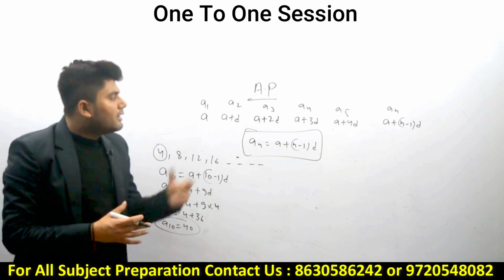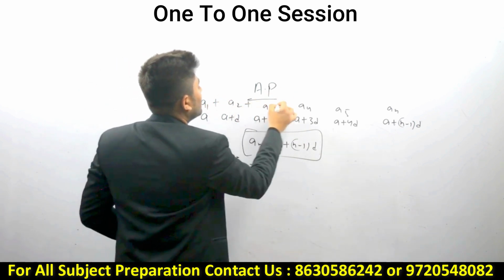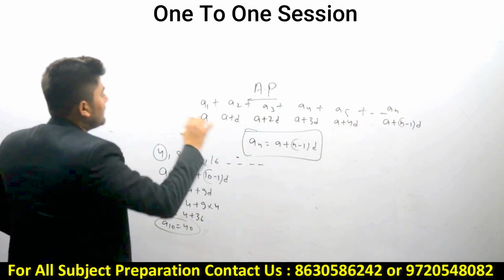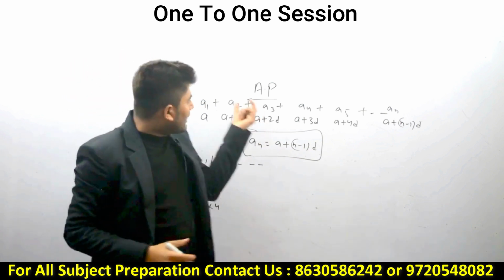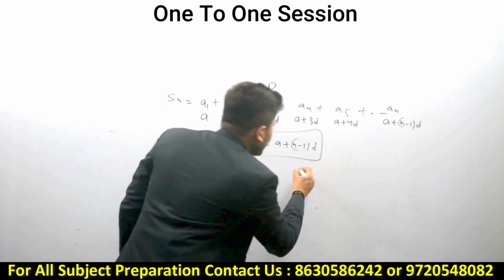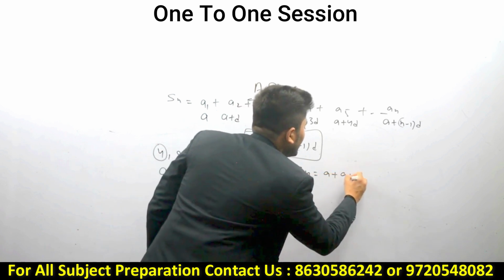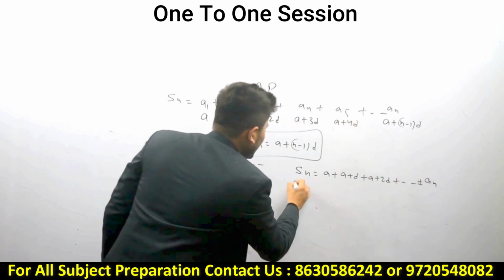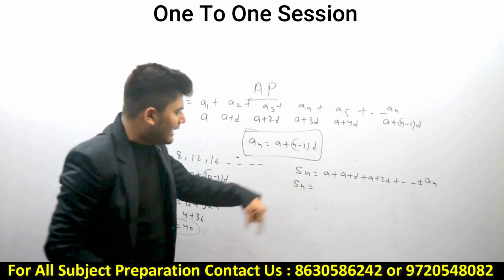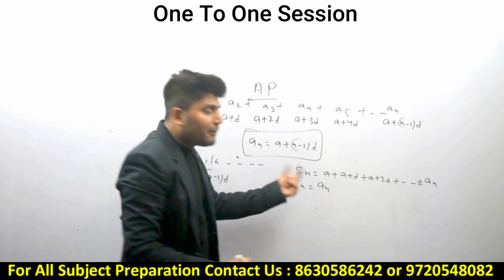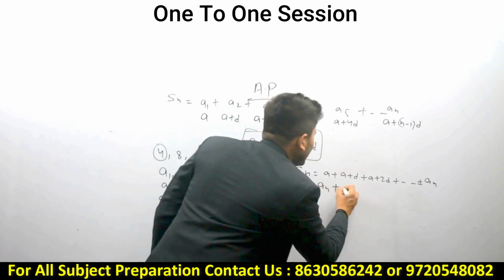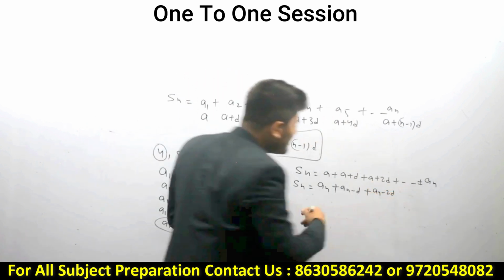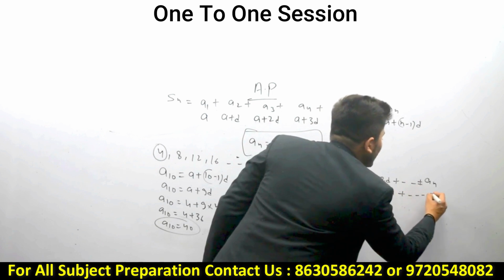Let's suppose we are talking about the summation of this series, that is the sum of n terms of an AP. Let's find a formula for this. I can write Sn as A, A plus D, A plus 2D and so on up to the last term. Let's write this Sn in another way, taking the last term first. If I subtract the common difference from it, I will get An minus D, and the previous one is An minus 2D. I just reverse it, right? In the same way you will get the last term as A.